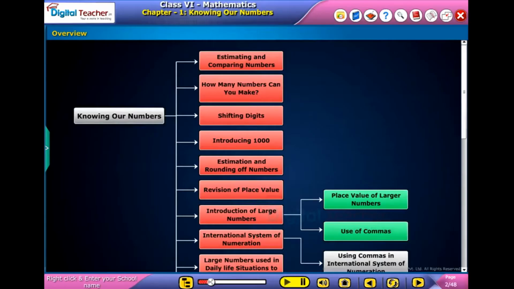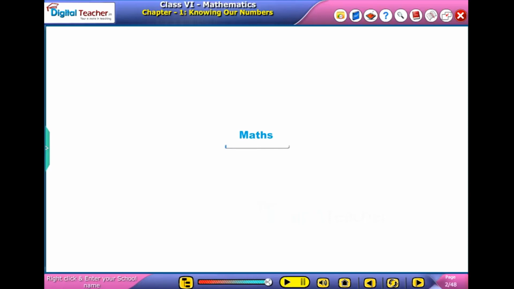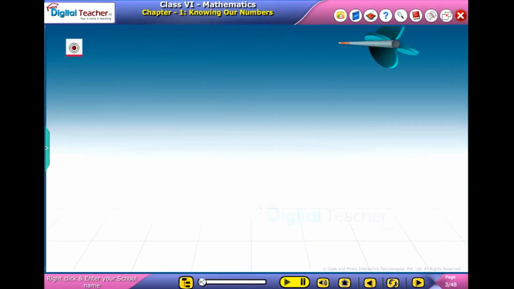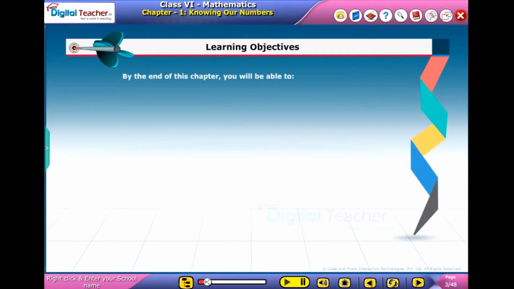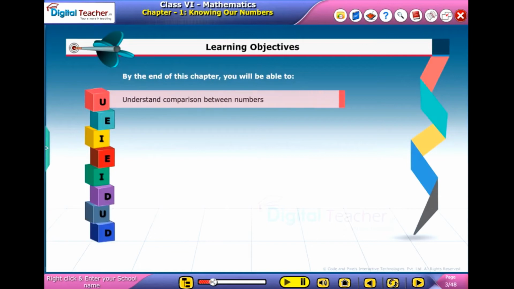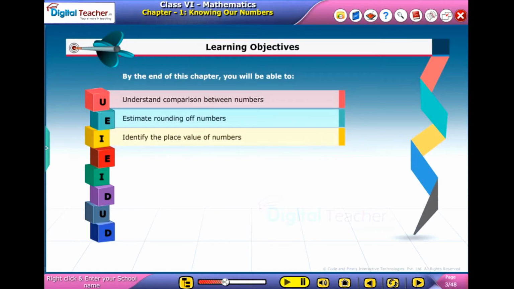This slide presents the overview of the chapter. Learning objectives. By the end of this chapter, you will be able to understand comparison between numbers, estimate rounding off numbers, identify the place value of numbers,